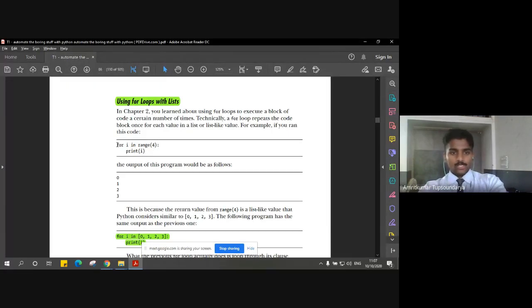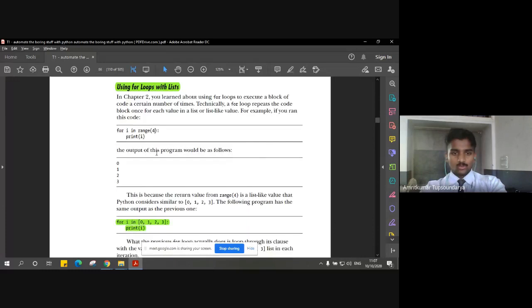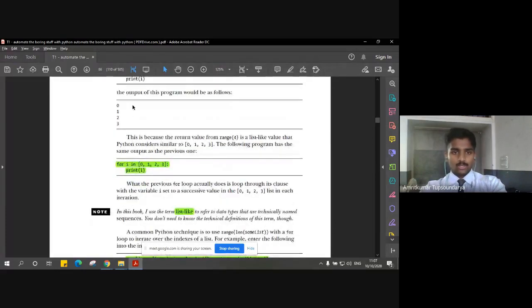But the point here is, this simple for loop makes use of the range function. But if we want to make use of a for loop with a list, instead of giving range one value, how do we do it? The same code can be replaced with this code, wherein you can see that instead of range, we are providing the whole list here.